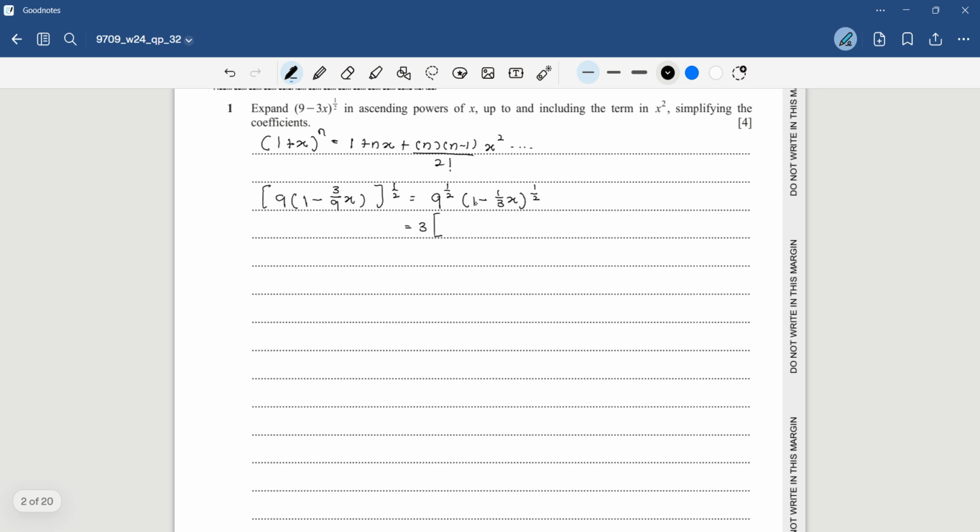So now we expand this. Here my x is actually negative 1 over 3 x, and your n is equal to 1 over 2. So it's going to be 1 plus nx plus n(n minus 1) over 2 factorial multiplied with negative 1 over 3 x squared. So it's going to be 3 bracket 1 minus 1 over 6 x, and when you simplify this, you will get plus 2 over 9